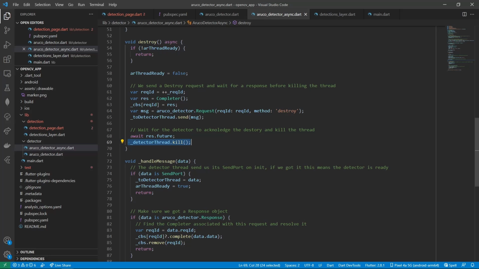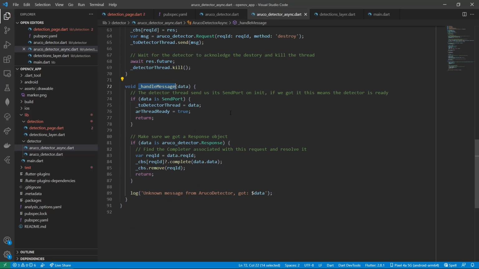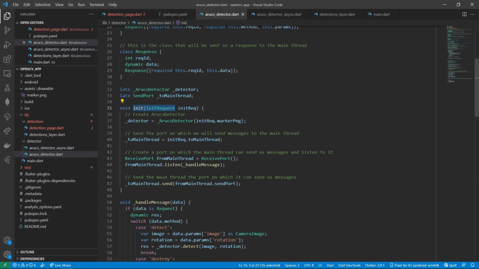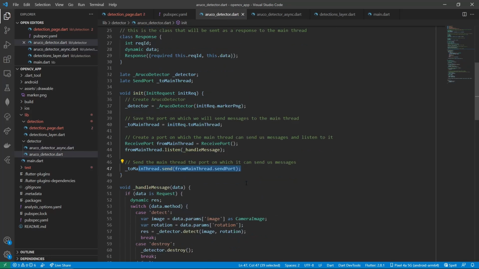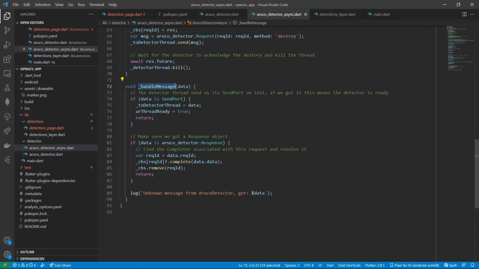So when we call this destroy method from the detection page, it will finish only once the detector thread is killed. And handle message. This is the method handling the responses or messages that are coming from our isolate. We have two different modes here. If we look at the isolate in the init method, the first message that the isolate sends us just contains the send port, the port that we need to send messages on to this isolate. So here in the handle message, if the data that we got is actually a send port,